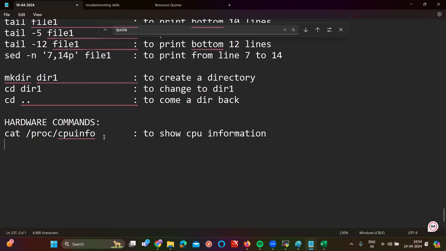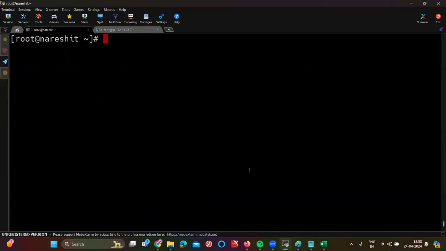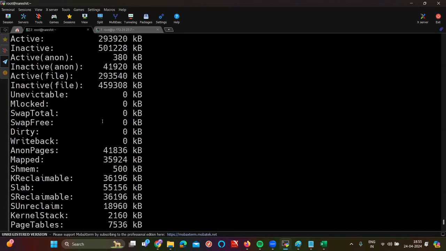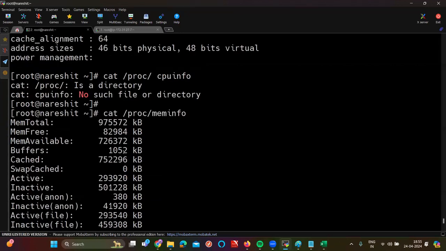Similarly, if I want to see the memory information, again the same command: cat /proc, proc is there, and give meminfo. This command will show me the memory information. Memory means here RAM I'm speaking about. Are you seeing the RAM information now? Are you able to see it or not?